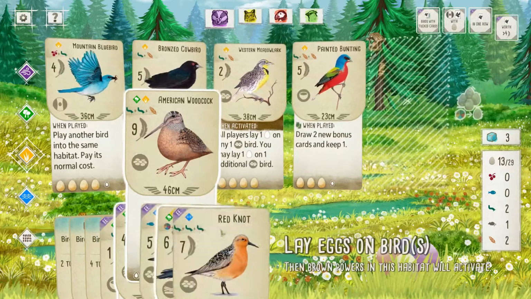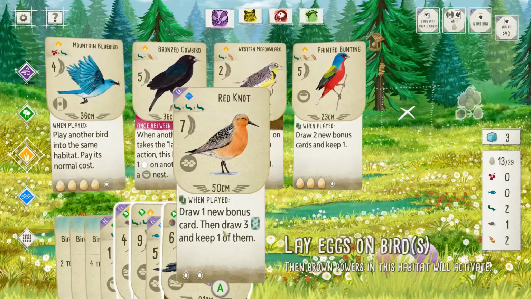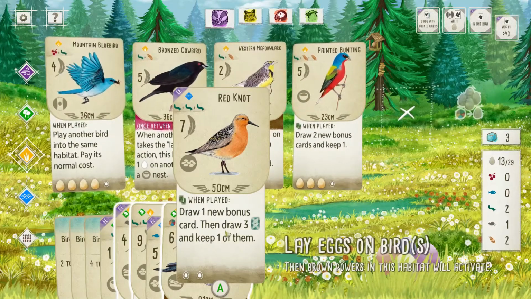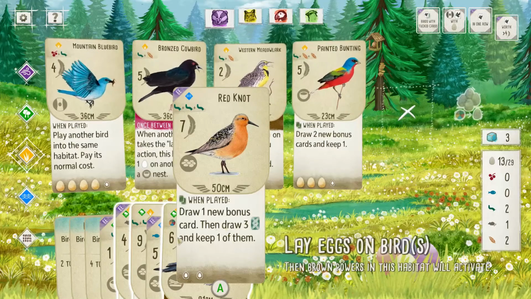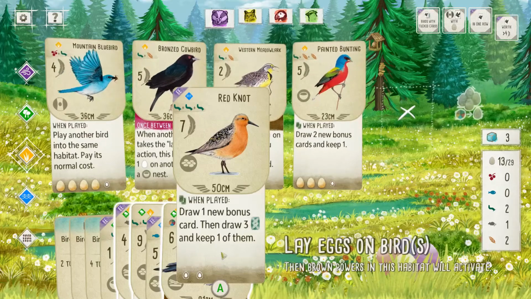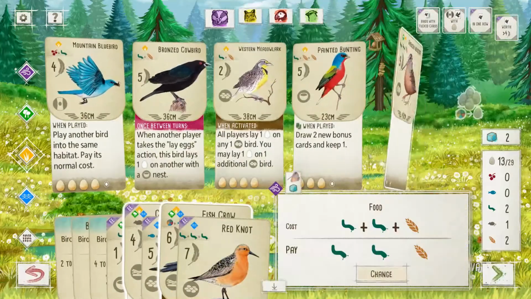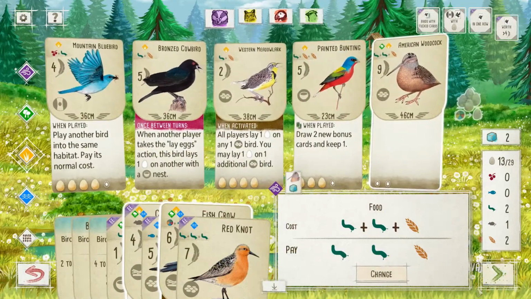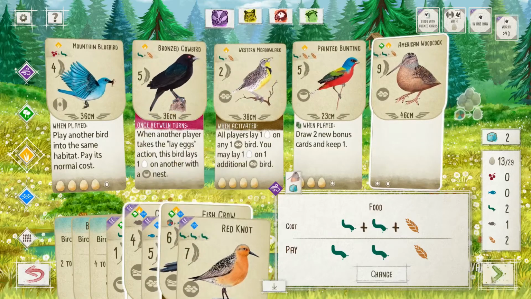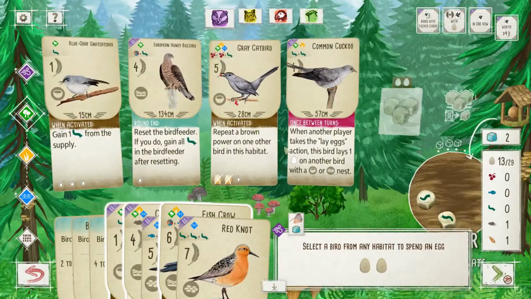Do I want the woodcock or do I want the red knot? Because I could play the red knot right away. And that might inform our play for something else, but the woodcock is just so good. Let's play the woodcock. Because, yeah, the red knot doesn't have 4 eggs on it, so we'll lay or grab eggs from the...